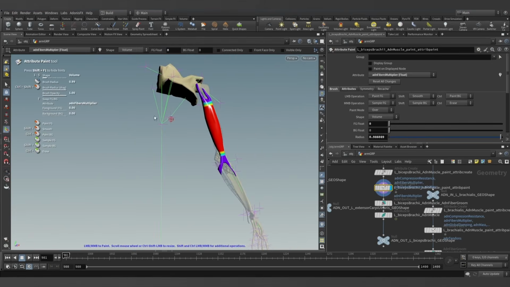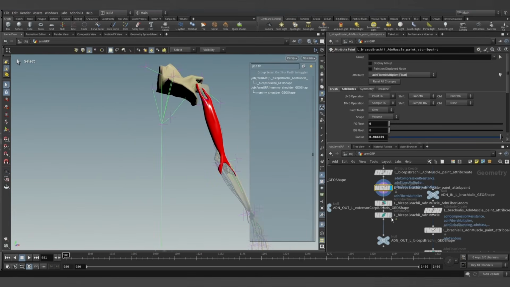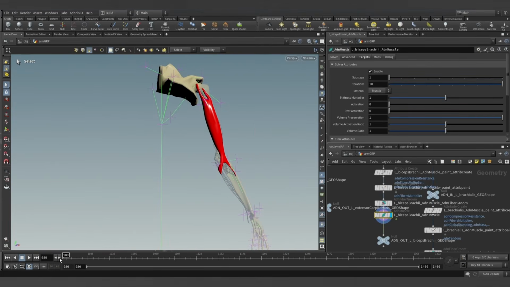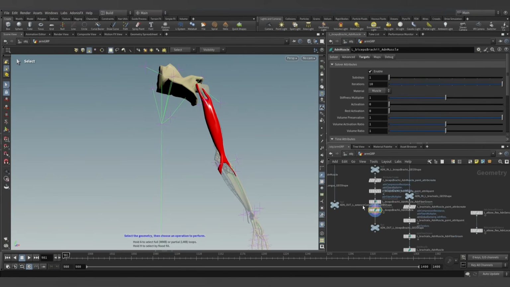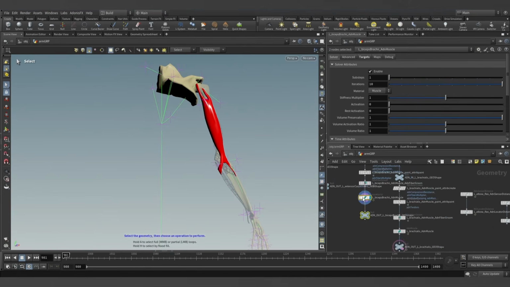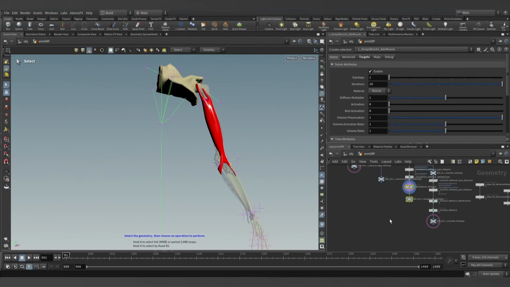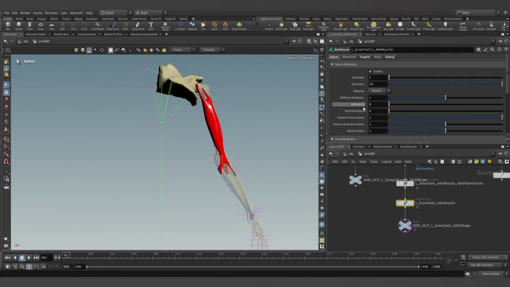Great, so something like that. And now we can come back to the node itself, press the 9 key, and we are going to just activate the muscle. As you can see, it will only pull in this area right here, which is what we essentially want. Great. So now we can actually come to the brachialis muscle again, and we can reuse the